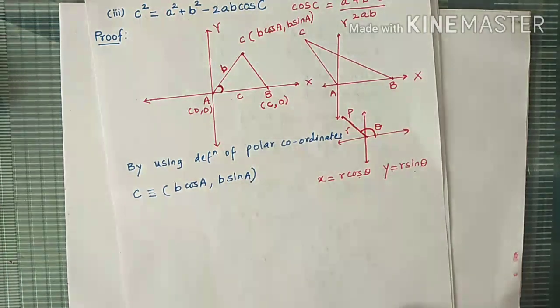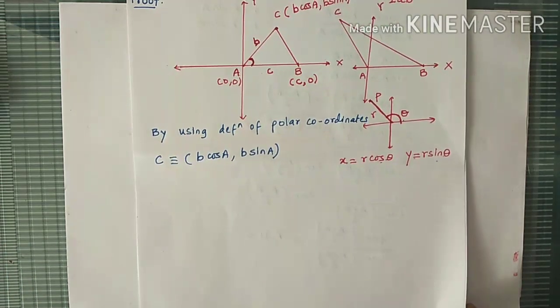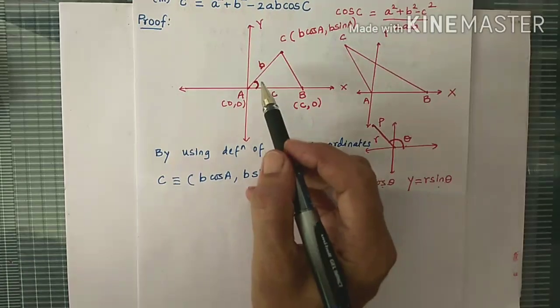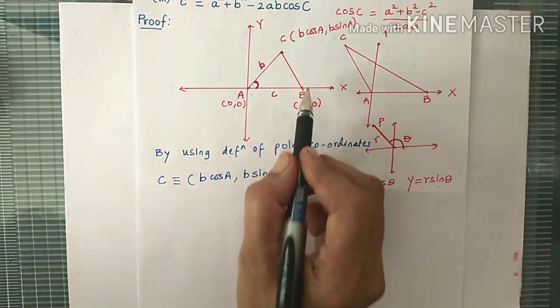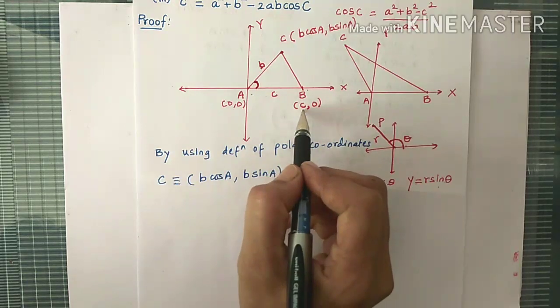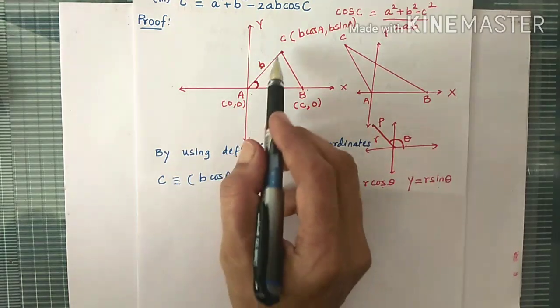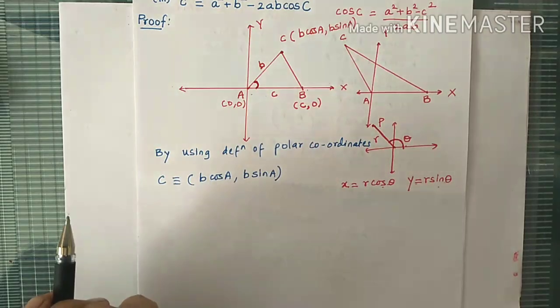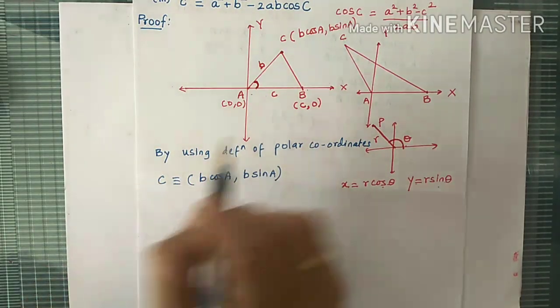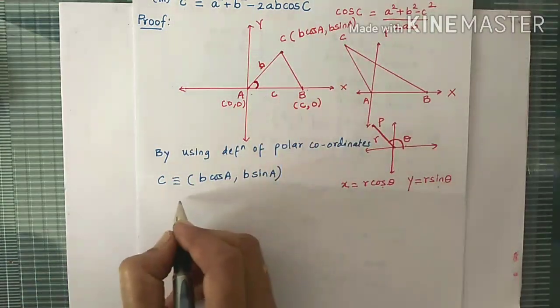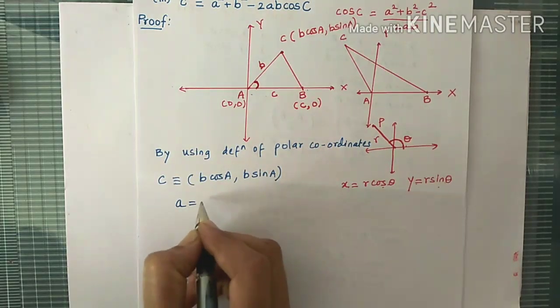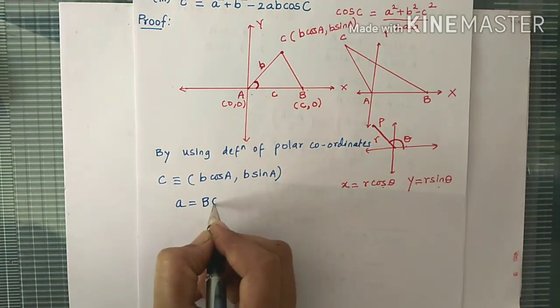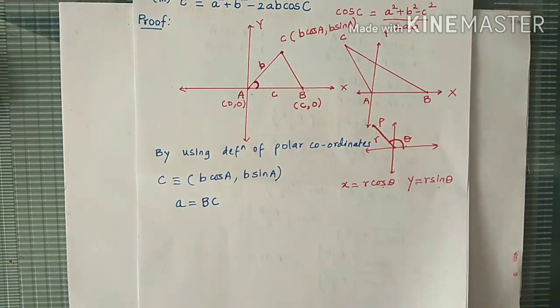Now we have coordinates of each vertex of triangle ABC. So we have used length AB to find coordinates of B. We have used length AC equal to small b to find coordinates of C. Now the remaining length is only BC. BC is a, so small letter a equals BC. So this is our second step.